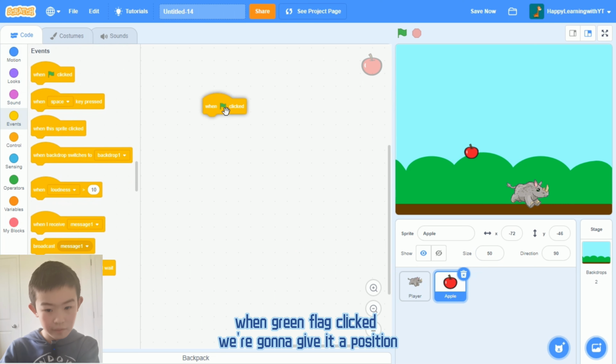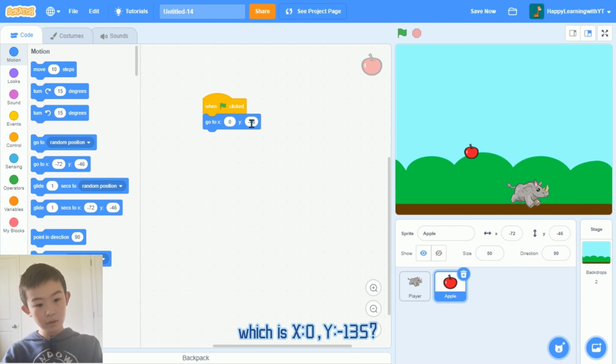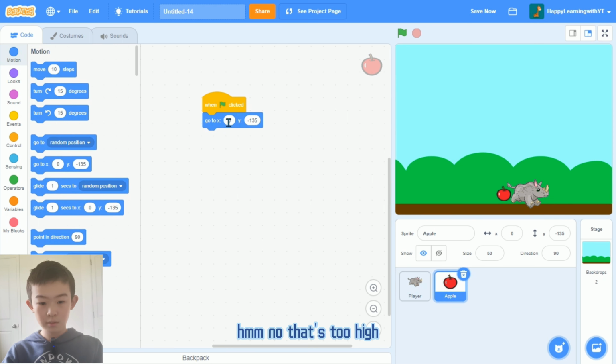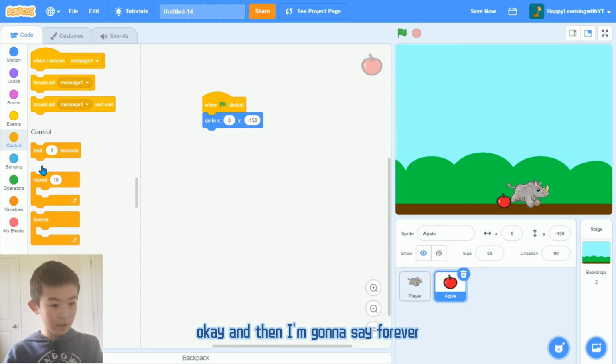So, when green flag clicked, we're going to give it a position, which is 0 and negative 135, I guess? No, that's too high. Negative 100 and... Wait a minute. I'll try 45. No. Okay, then I'll just do 50. Yeah, 50 is good. Okay, and then we're going to say forever